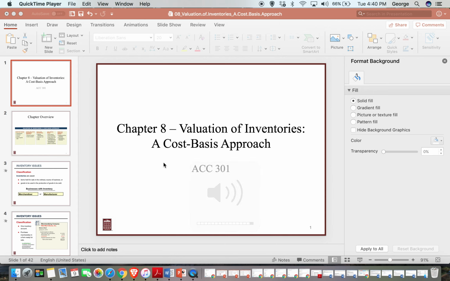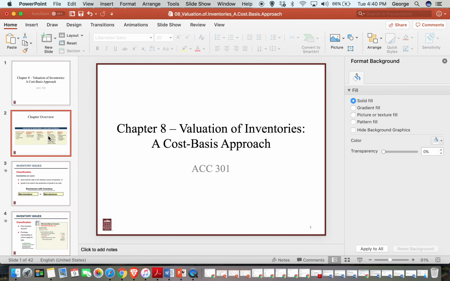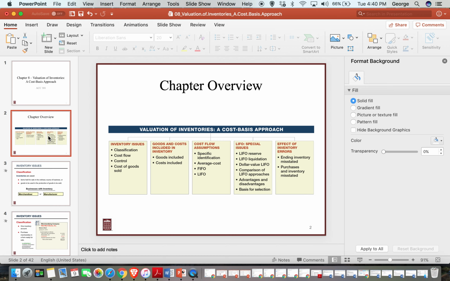Hello, welcome to Chapter 8, Valuation of Inventories, Cost-Based Approach. In this chapter, we'll be looking at some common inventory issues for corporations: classification, cost flow, control,